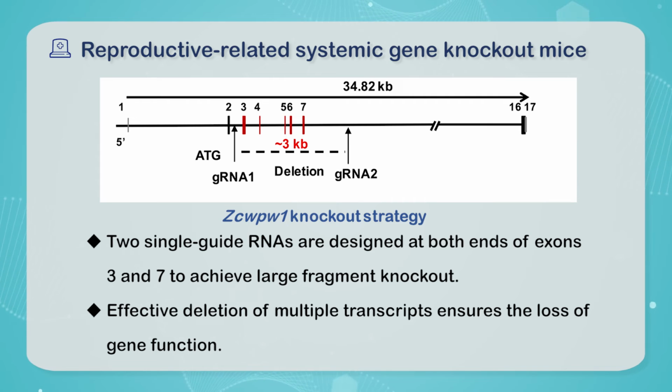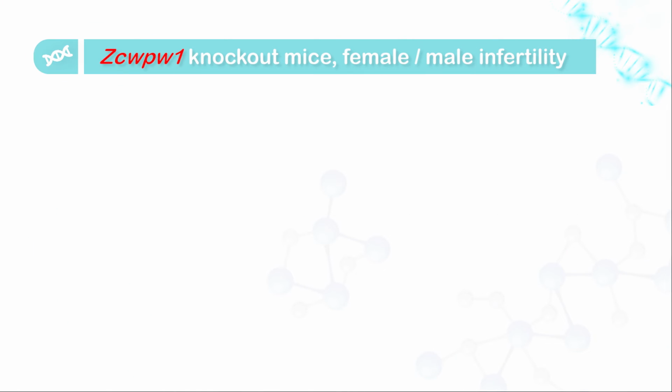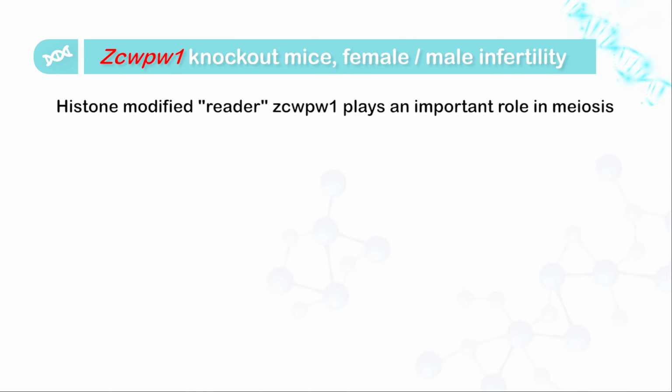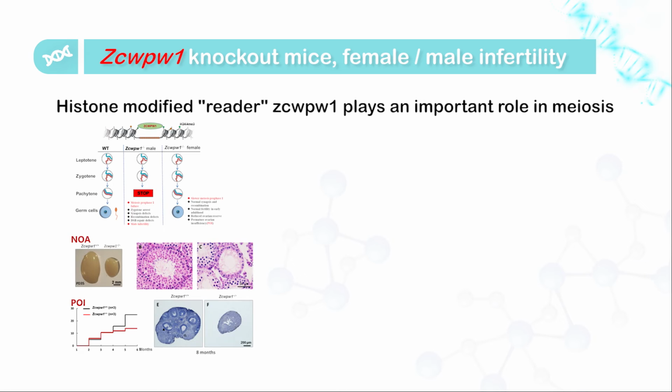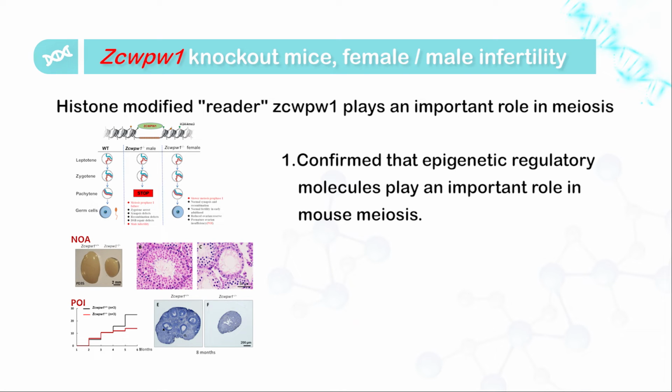This large fragment gene knockout method can effectively delete multiple transcripts, ensure the loss of gene function, and allow us to study the mechanism. By constructing DCW-PW1 gene knockout mice, it was confirmed that the epigenetic regulation factor